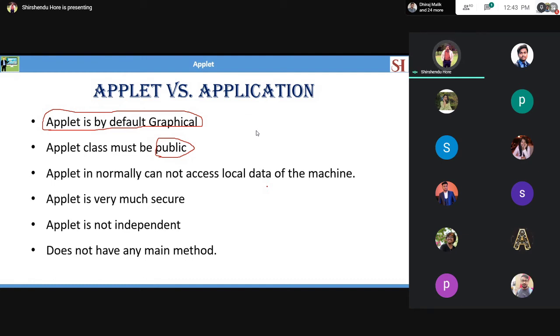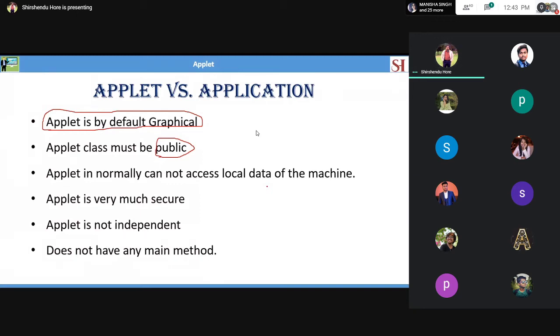a but. In case of public, if you keep the class name as public, or if you prefix the public keyword before the class, then the class name and file name must be same. Try to understand.